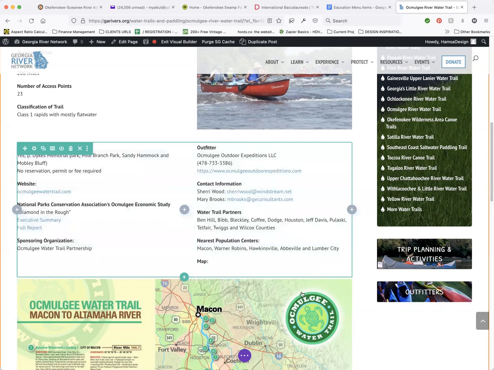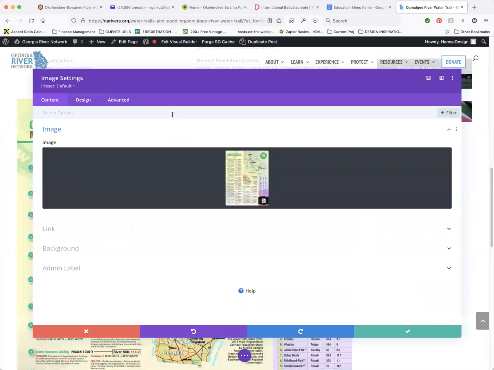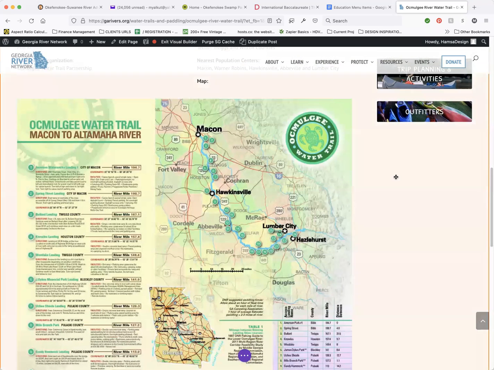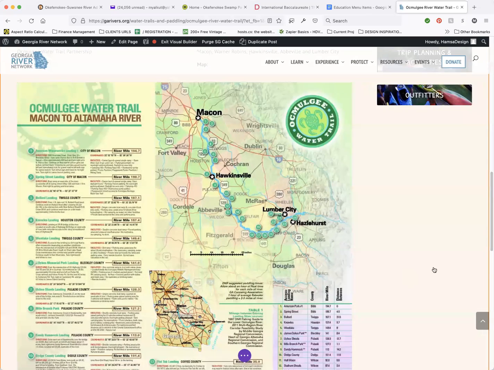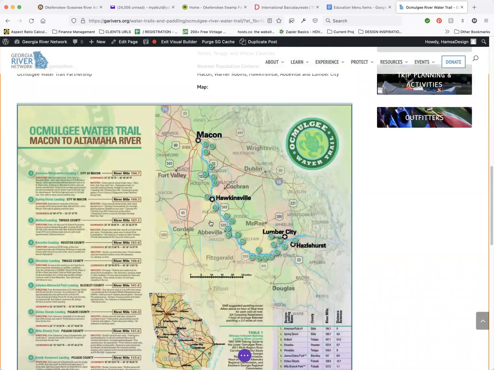And then under that, we have an image module. So I just click on it and it gives me these setting options. So here you could change out the image. And when you do add an image, you want to make sure you check the size. So I'm going to add one and not save it because I don't want to have to go find these again. So if I wanted to add another image under here,